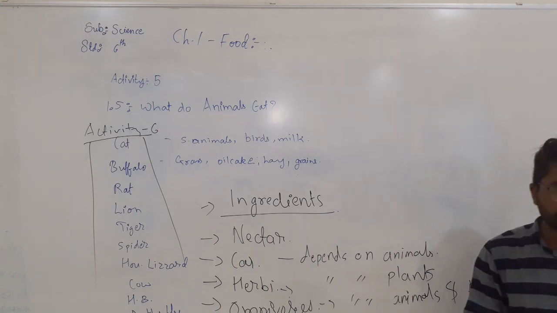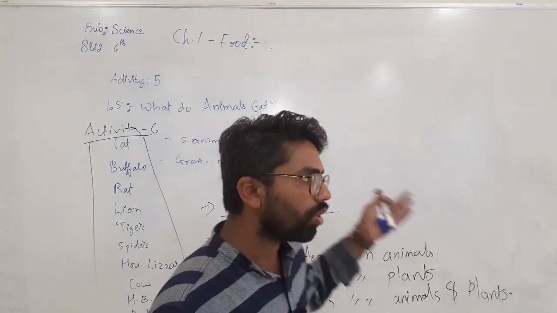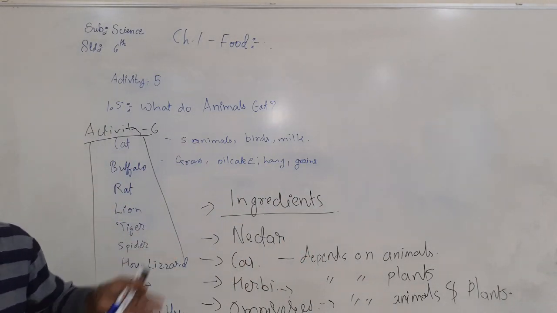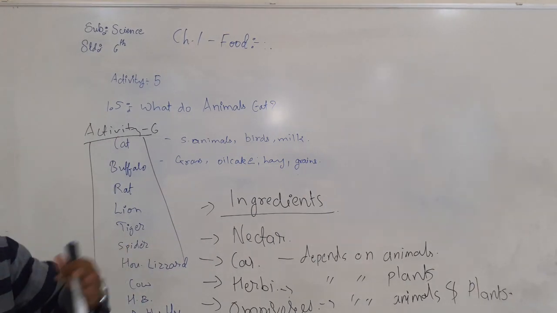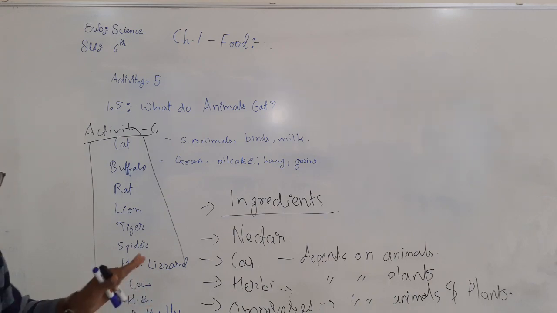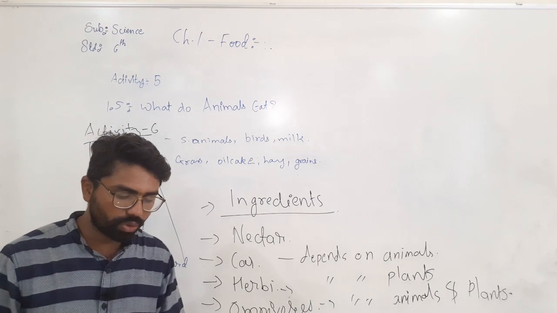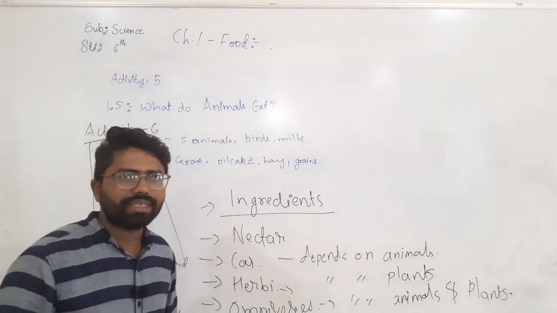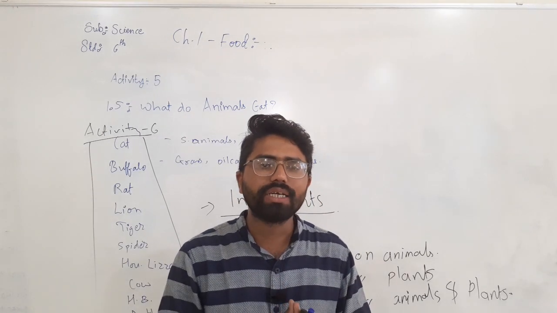So, these are the keywords that are given in your textbook, and once again we should always read the keywords and the summary also. So you can get the overall knowledge of this chapter. If we talk about our summary, then we have talked about different diets, or you can say different eatable foods, in our country.